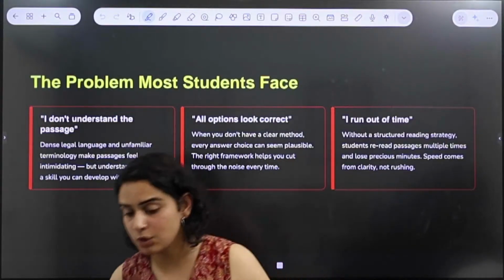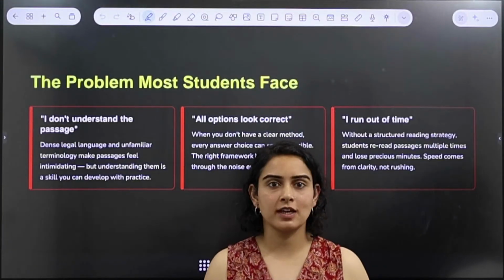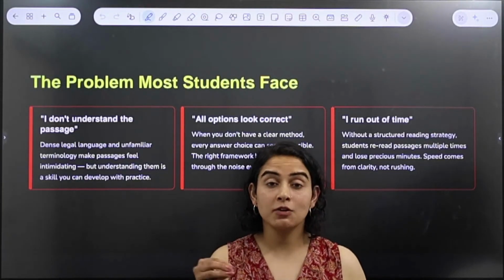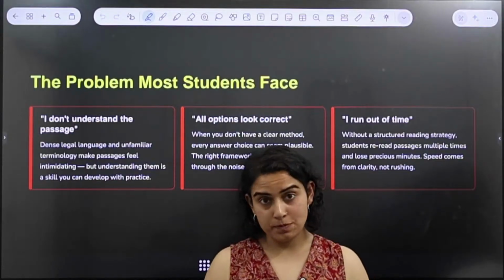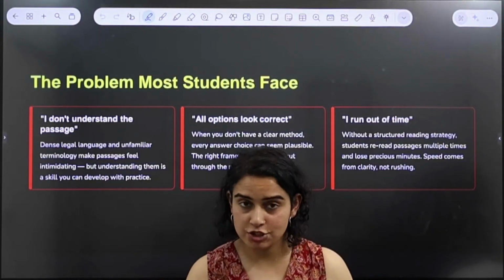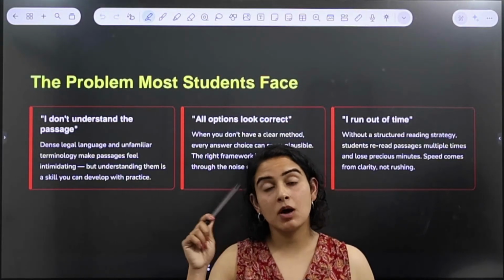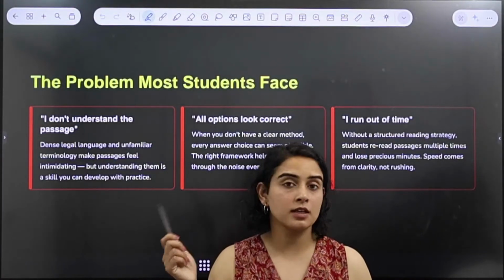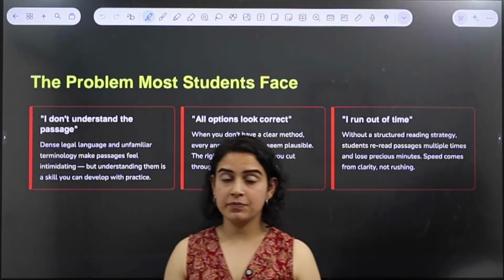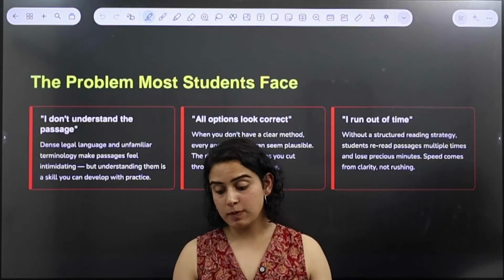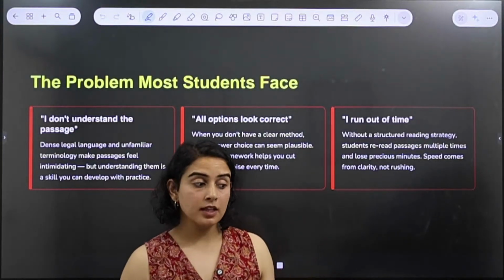Second problem was that they were not able to identify or find a difference between the options that were there. The options kind of look familiar, they look identical. So in that case, choosing the correct option was a little challenging for them. And since the options were looking quite identical, they somehow chose the incorrect option. And if you know CLAT, you will know that for every incorrect option, there is going to be negative marking as well, right? So not just they were confused by the options, but they also lost marks because the options were identical. And they ran out of time.